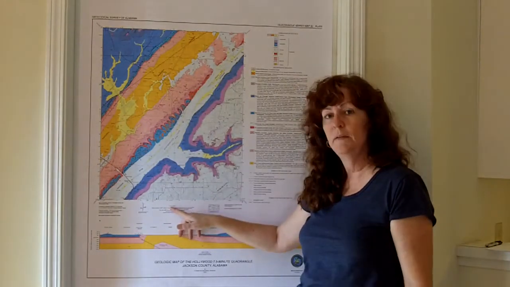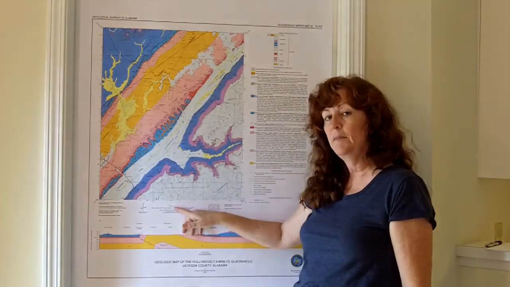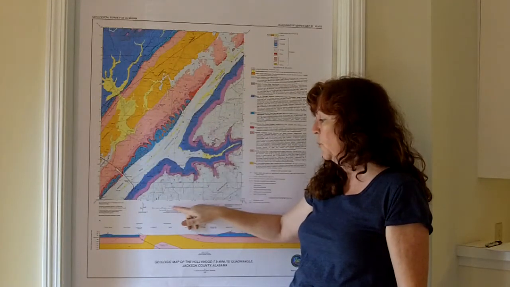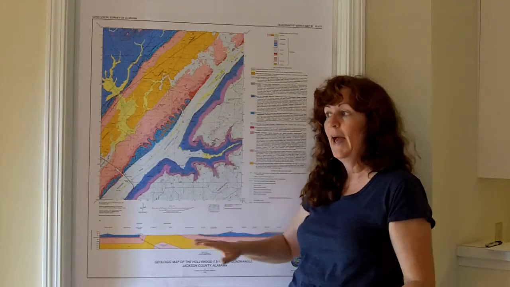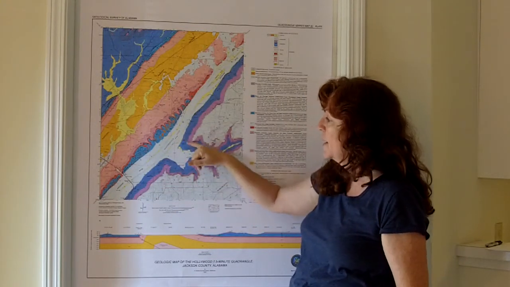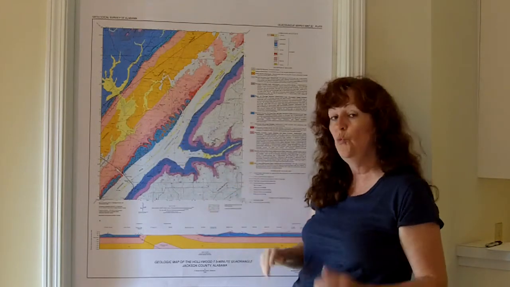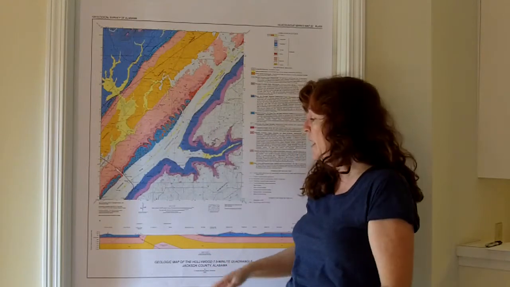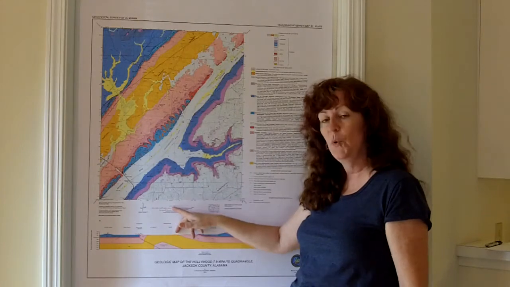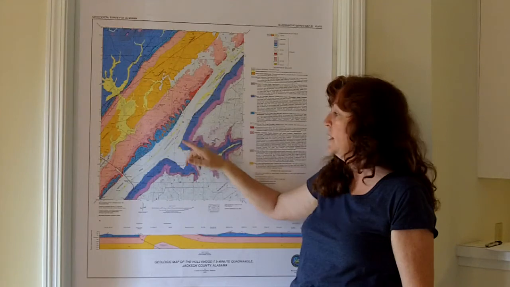So if we're using, for instance, inches, the 1 to 24,000 means 1 inch on this map is equal to 24,000 inches outside. So if I wanted to walk along this river here, and I was going to walk along 1 inch of the river on the map, and I actually went to the river in person and was walking along the river in person, then I'd have to walk 24,000 inches in person along the river to equal 1